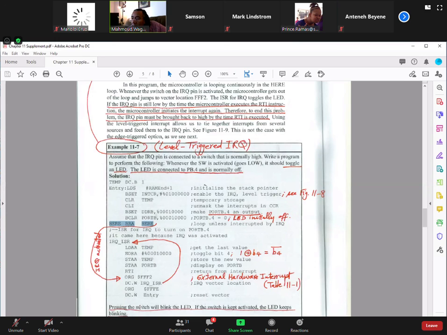Why does it keep blinking? Because you are already continuously pressing the switch. You are working in the level triggered mode, and in the level triggered mode, you have a continuous press on the switch. The switch is always 0. If the switch is always 0, that means you are continuously requesting an interrupt. Do you see the point? If the switch is continuously connected to logic 0, that means you are